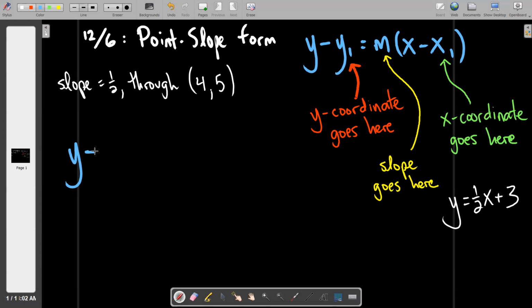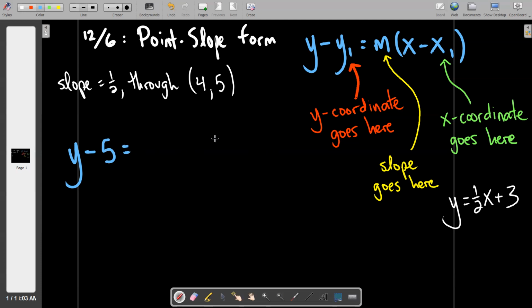What does it say goes in that y sub 1 spot? The y coordinate of the point. It says it in red writing right underneath. The y coordinate goes here. So what will I put in place of y1? What's the y coordinate of my point? Very good, Zane, 5. So I'm going to put y minus 5